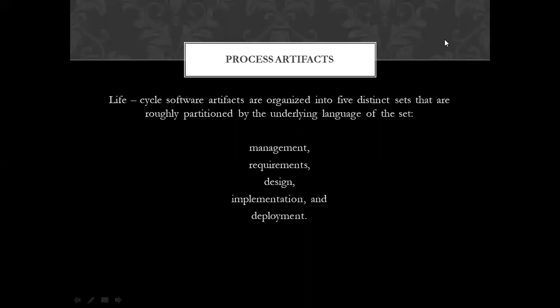how they are divided into these life cycle phases, life cycle activities. There are five types of sets into which the process artifacts are derived. So, what are those artifacts that we have to see? After that, we have to see what role they play in the life cycle phases. So, this topic is about that.